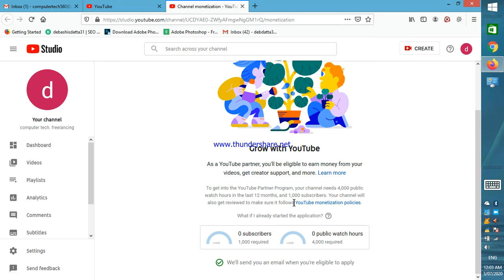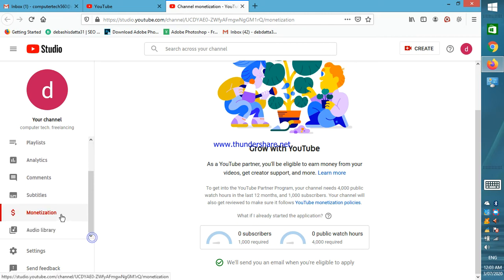So previously there was no requirement of such kind, but now they have come with these requirements. So you click here, and once you reach these requirements, they will give you notification for your Google AdSense account. Now some of the icons will not be available here on the left side bar. So once you reach these requirements, 1000 subscribers and 4000 hours view, then only you will see some options under this monetization, so that you can create your Google AdSense account.